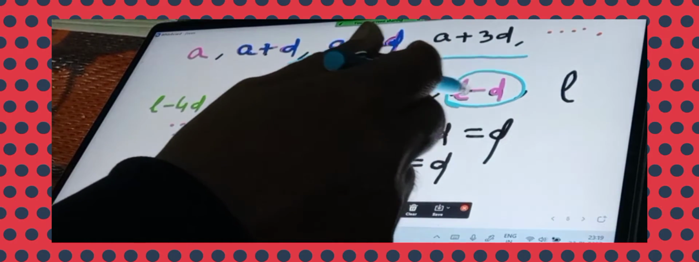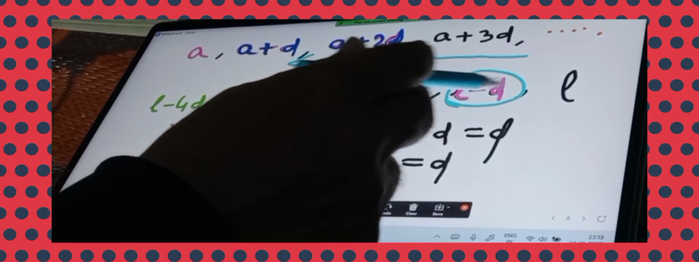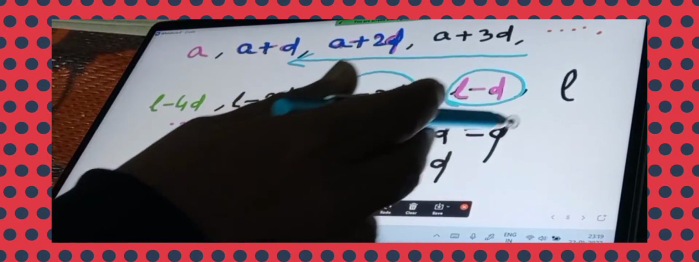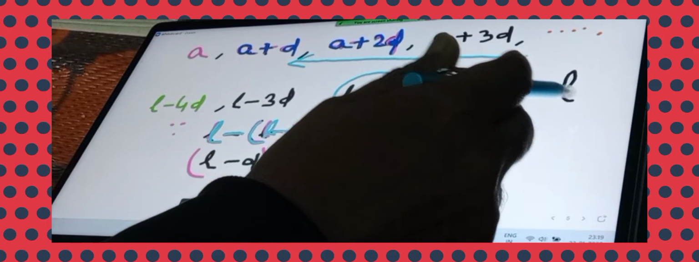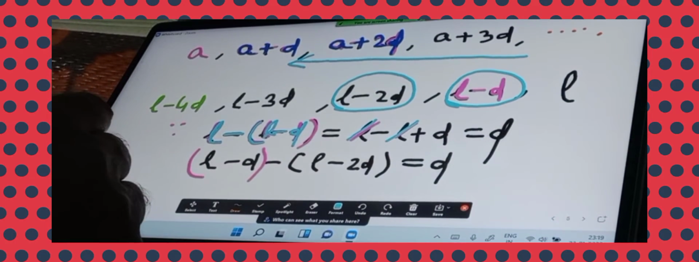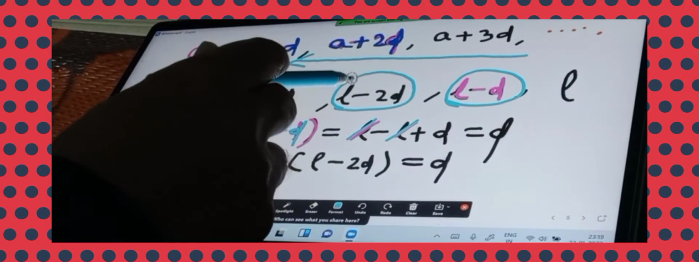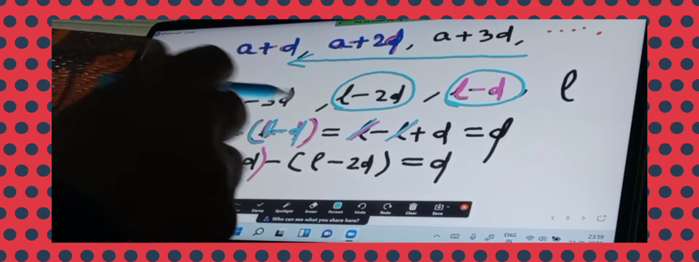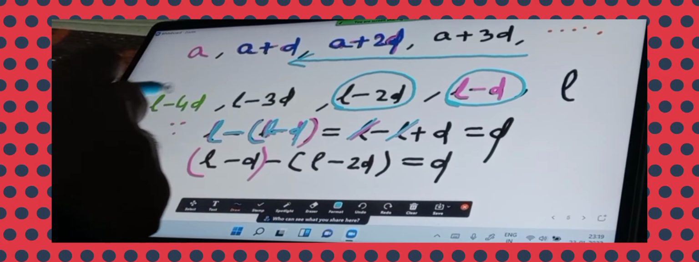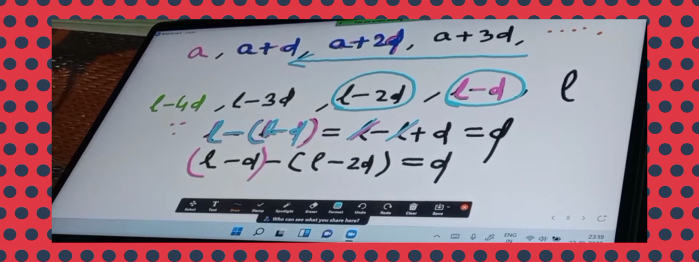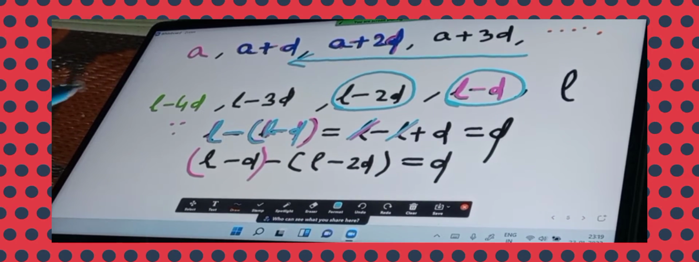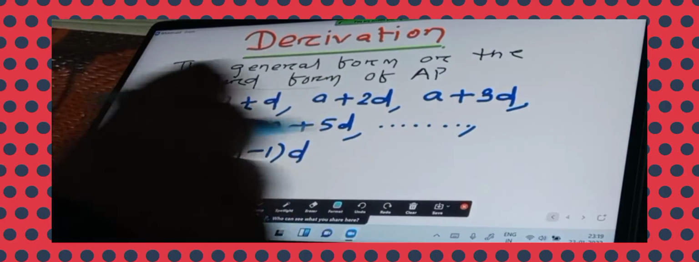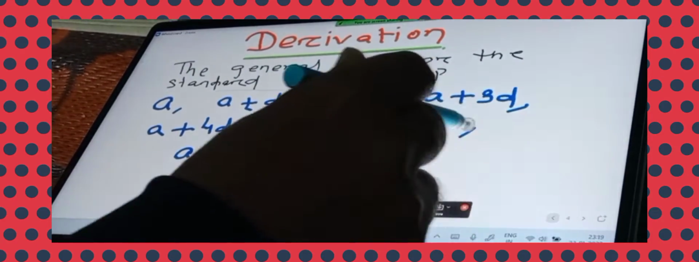Similarly, here L minus d, then is okay. Understand? Once again, let us see. Here the last term is L, so its preceding term is L minus d. Is it clear to all of you? Similarly, its preceding term is L minus 2d, then L minus 3d, similarly L minus 4d. Okay, understand? So this is how we can modify the AP if the last term